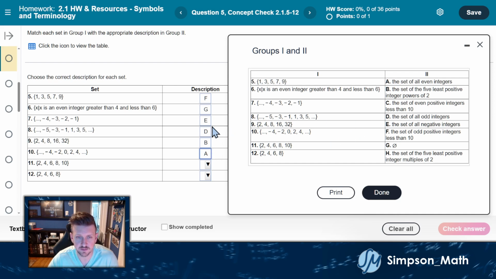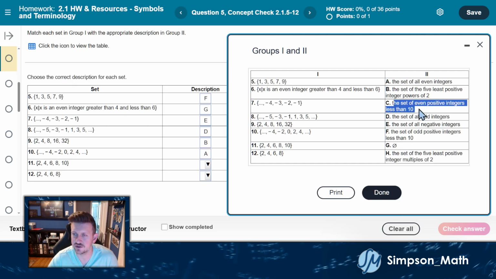So we haven't used A, B, C, D, E. We haven't used C or H. So the set of even positive integers less than 10, or the set of the 5 least positive integer multiples of 2. Well, okay, so less than 10, does less than 10 include 10? Nope. So the even positive integers would be 2, 4, 6, 8, 10, 12, and so forth, forever, but starting at 2, going to infinity, so it would only have a